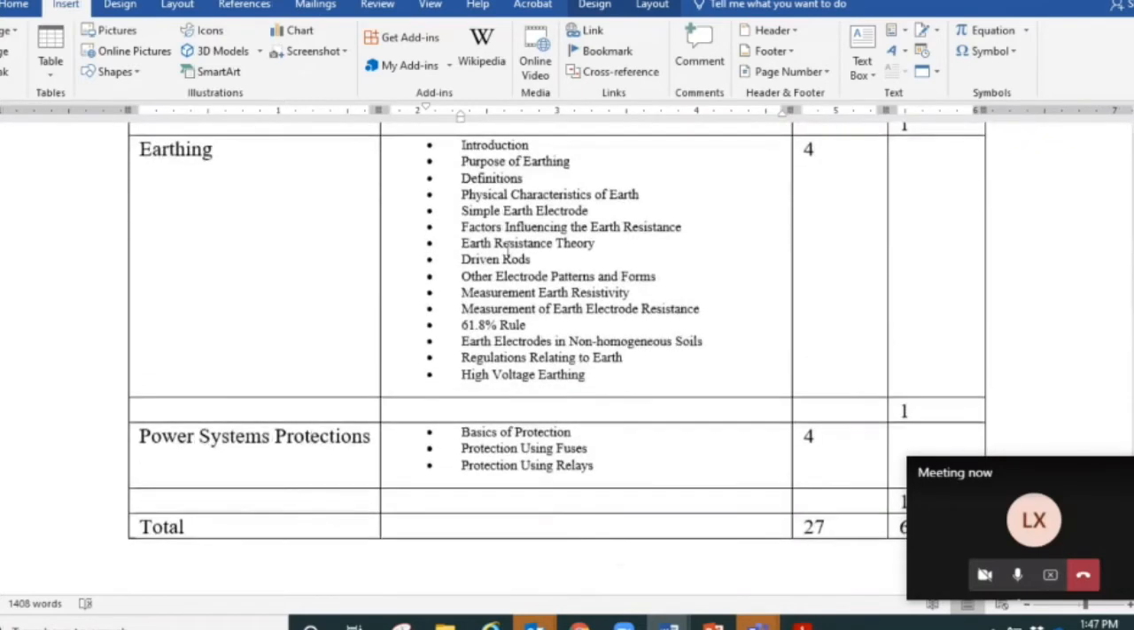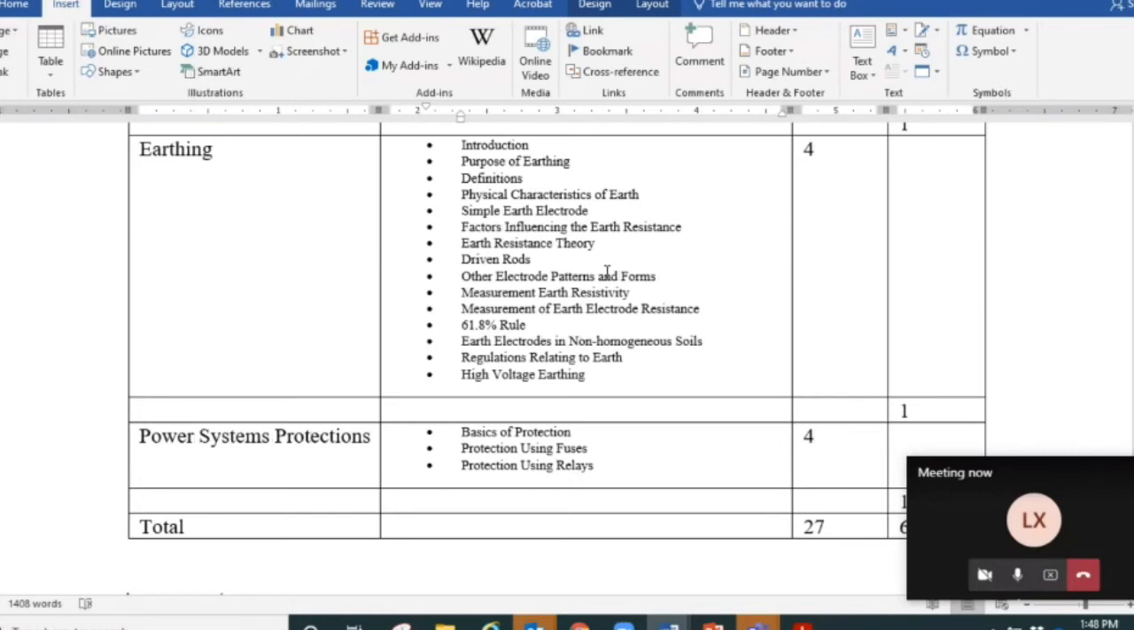And then the next chapter is about earthing. Why do we need earthing? How do we do that? We also need to know something about the physical characteristics of earth, because earthing means we are connecting our appliances to earth physically using a conducting material. It can be a cable in which there is a metal conductor inside, and we connect it to the ground. And